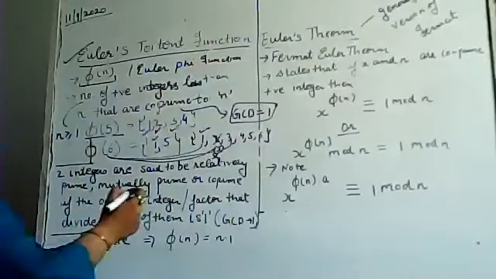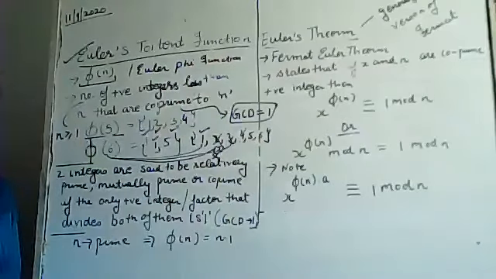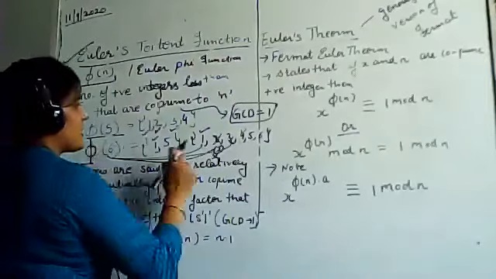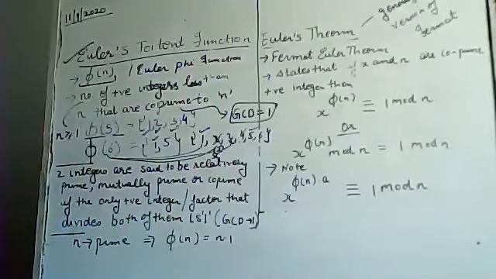Again there is a 4. We will calculate the GCD of 6 with 4. Again it will not give you that answer of 1. So that's why it is not included. And when we calculate the GCD of 6 and 5, it will give you 1. So what will be the greatest common divisor? That will be 1 in this particular case.